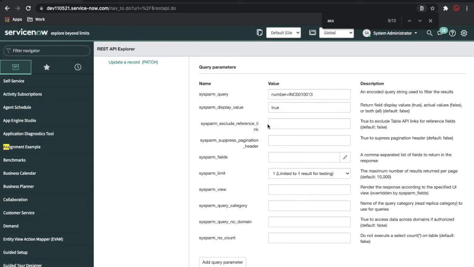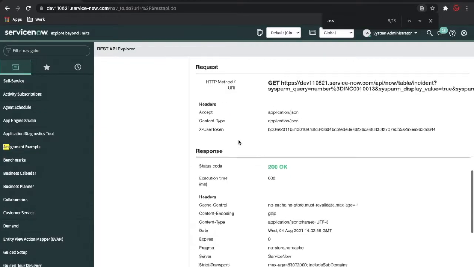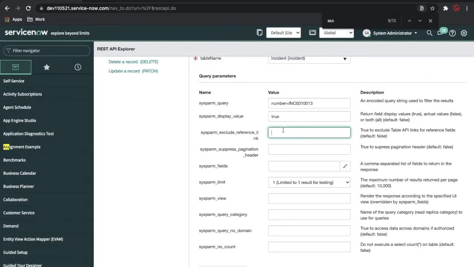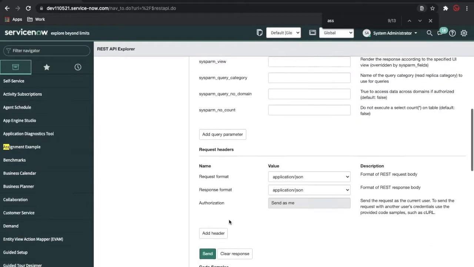The second thing is one of the parameters called sysparm_exclude_reference_link. If you see these assignment groups, this is the display field, CAB approval, and it is giving you the actual table-level endpoint for the assignment group. If you don't need those links, just make sure you pass the true value here and click send again.